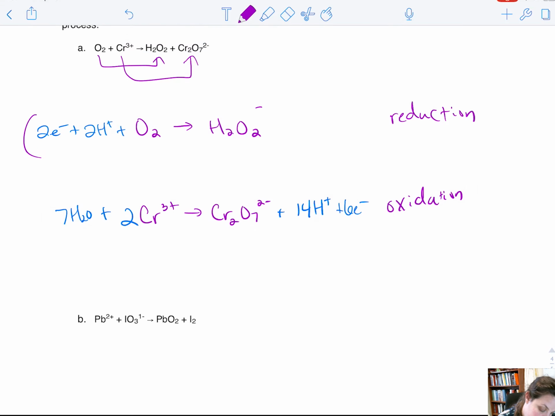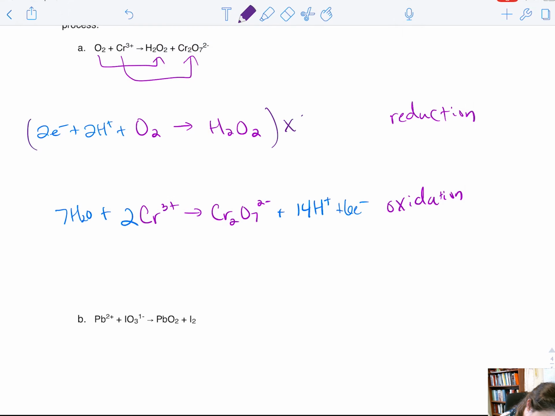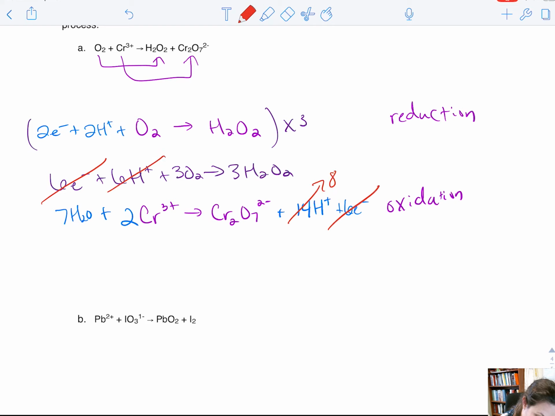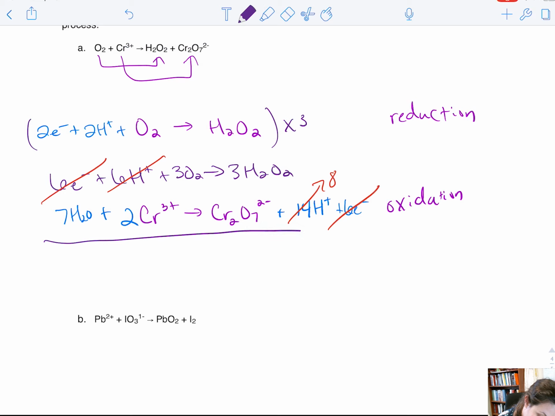Next, balance out our electrons by multiplying this by 3. Gives us 6 electrons plus 6H plus plus 3O2 goes to 3H2O2. Then we cancel out 6 electrons, 6 electrons, 6 H pluses. We'll cancel out with 6 there, giving us 8, and we combine. Seven H2O